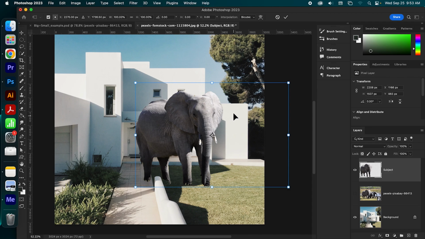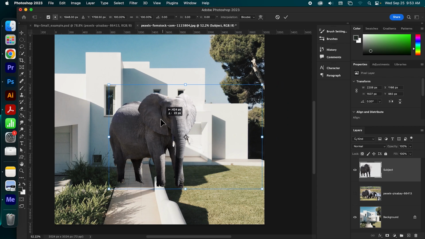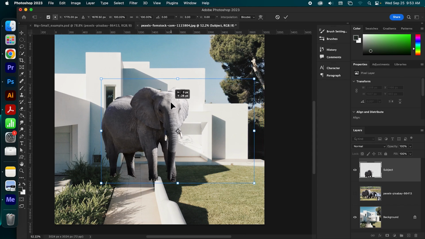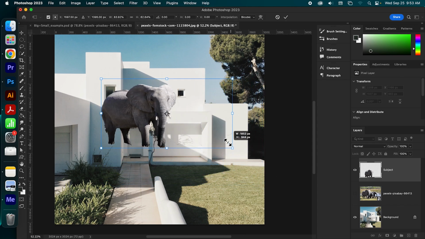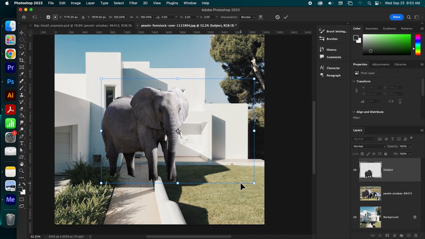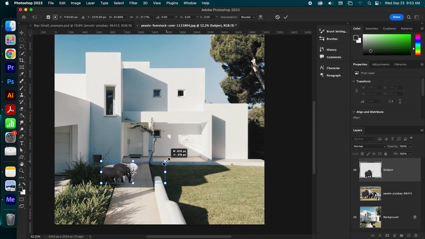And what that's going to do is give me this bounding box. It's kind of similar to the one that you got when you placed your stuff, in that it's blue and it has 8 white boxes around it. This bounding box is going to allow us to transform our image. But I don't just want to squish him flat, and I don't want to guess at the size.